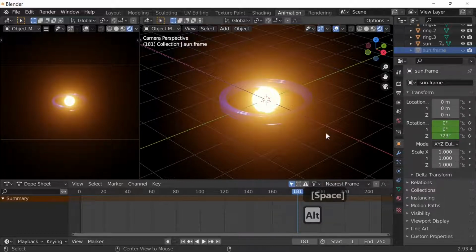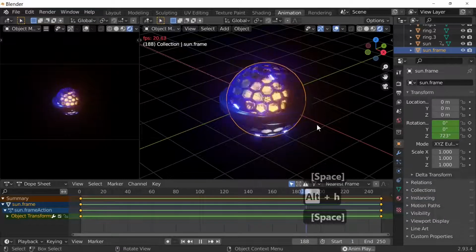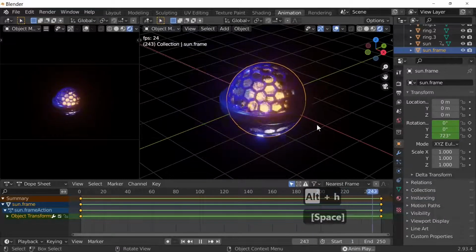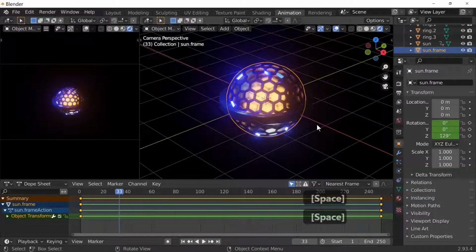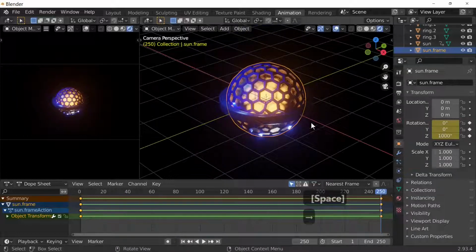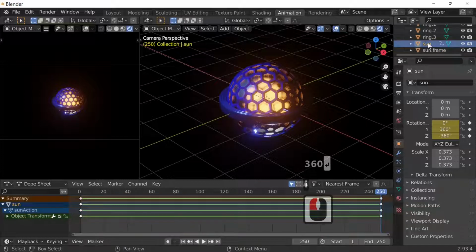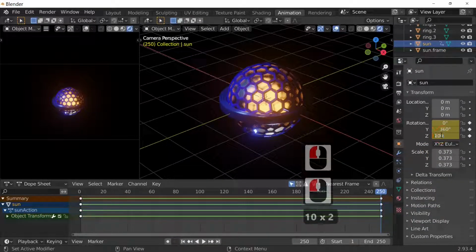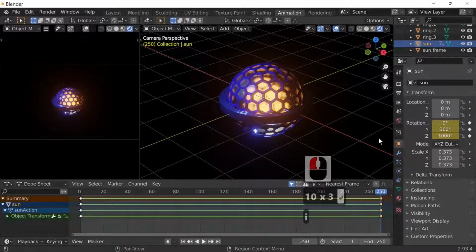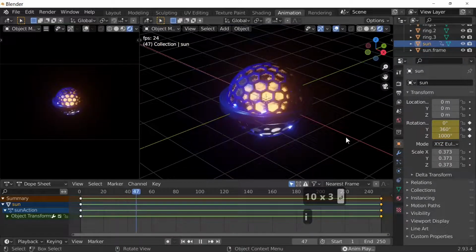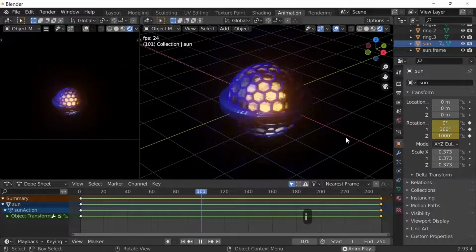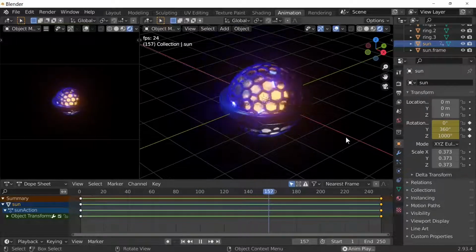Right, Alt and H to undo. So we've made our sun, we've made our, hold on a minute, changed my sphere to 1,000. I didn't want to do that. I just want that 360. Aye. It's the sun I wanted to be 1,000. Aye. Let's actually make it twinkle a bit more. There we go.